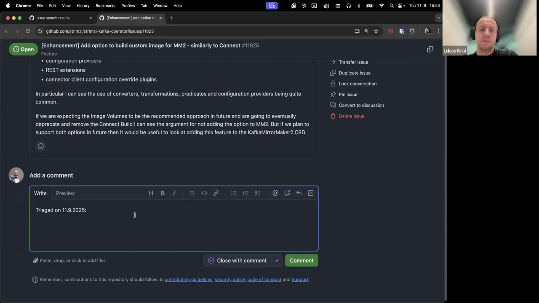So I guess there will be less usage of this kind of feature because of the security risks and other things I mentioned.